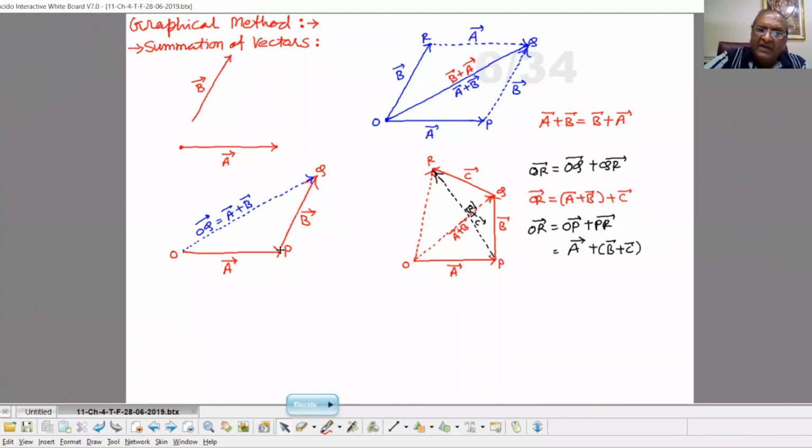Then after, from the head of vector A, prepare another vector PQ, which is in the direction of B, and the magnitude of PQ is equal to the magnitude of B. Then we can say vector PQ itself is B. In short, here, place this B on the head of A